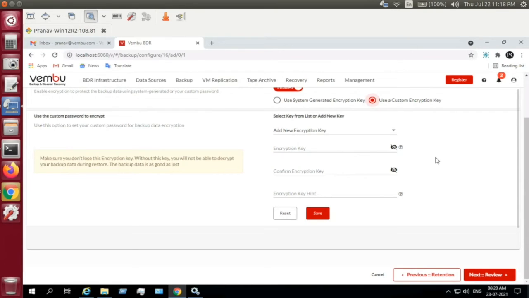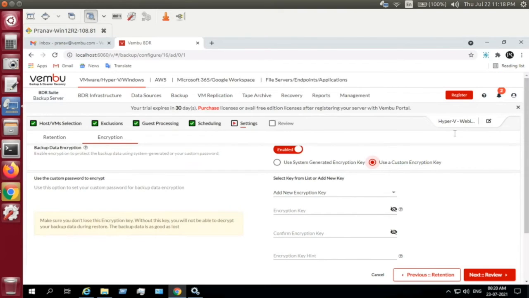Once you forget that encryption password, then obviously you can't restore your backup job, you can't delete this backup job from the backup repository, or you can't edit the backup job. You can edit the password that you have added to this particular backup job. So it is better that you remember the password. So you can have a hint for that, that could give you the details in that manner to remember your password.